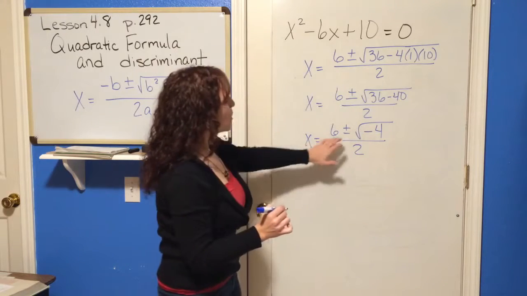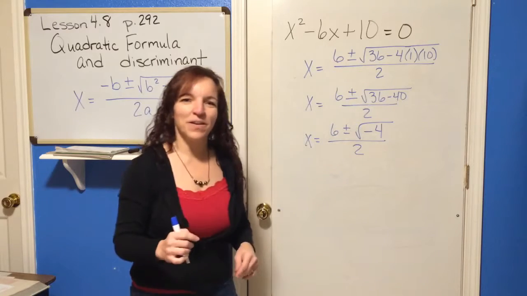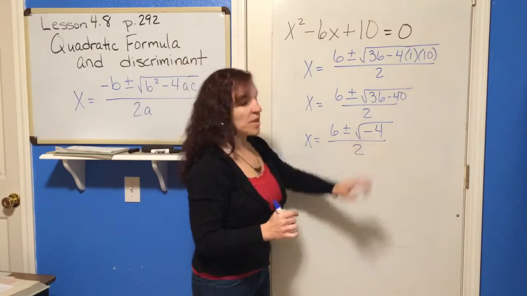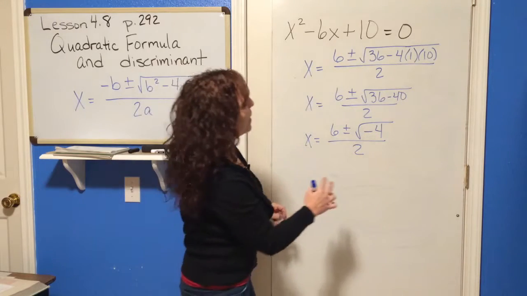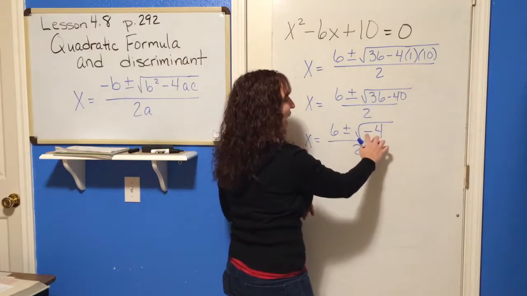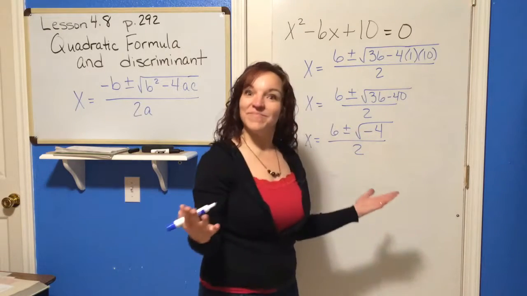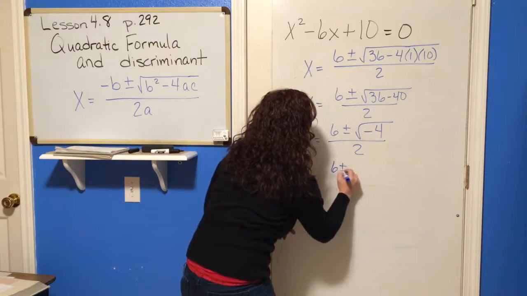Okay. So x equals 6 plus or minus the square root of negative 4 over 2. And this is the part I said, ooh, did you catch it? Can you take the square root of negative 4? Well, yes, you can. Because the square root of 4 is 2. And the square root of negative 1 is i. You know that now. So you've got 6 plus or minus